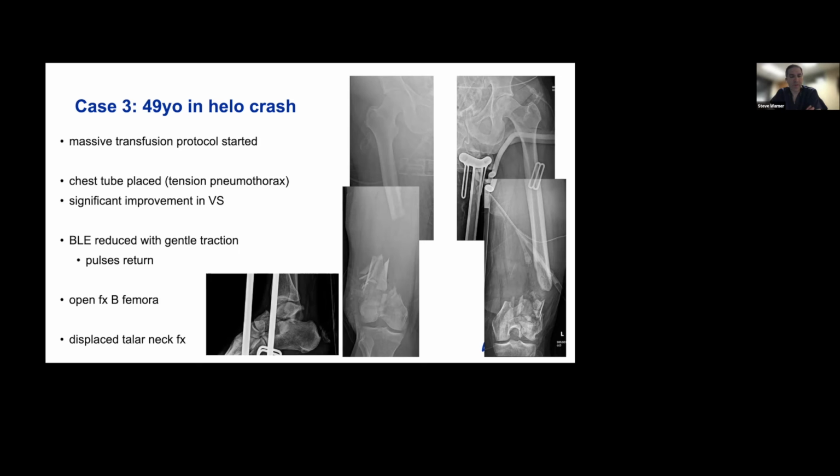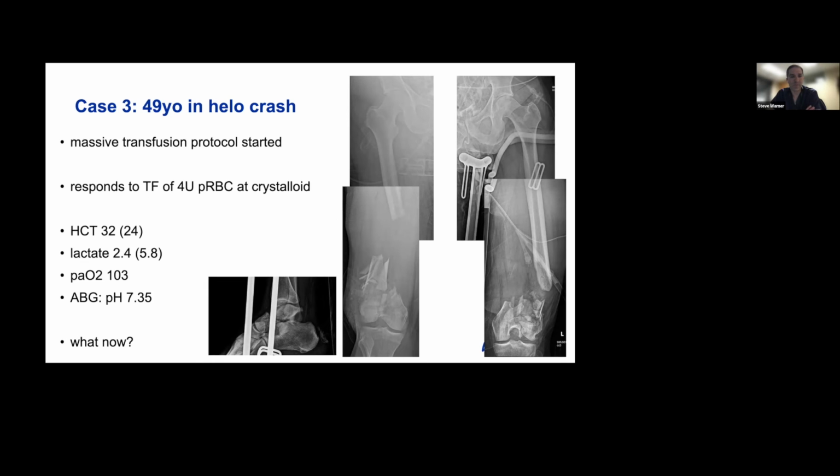Yeah, I think in this guy, everything is pointing towards doing a damage control initial operation for him, given his persistent hemodynamic instability, as well as his severely open injuries and unstable injuries. And I think, with the combination of the femur fractures and the particular injuries distally, definitive fixation for him is going to be a bit more than a simple femoral nail. So I think debridement, irrigation, and provisional external fixators will be the initial operation for him to minimize sepsis down the road, as well as provide skeletal stabilization for his long bone injuries.